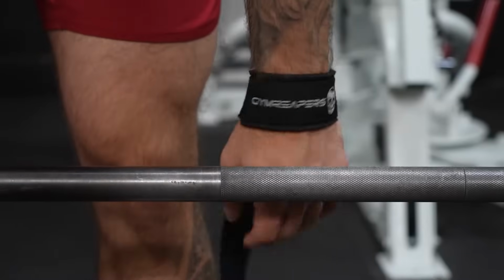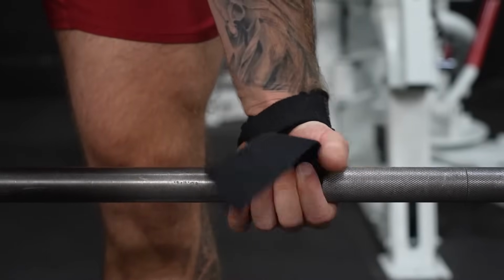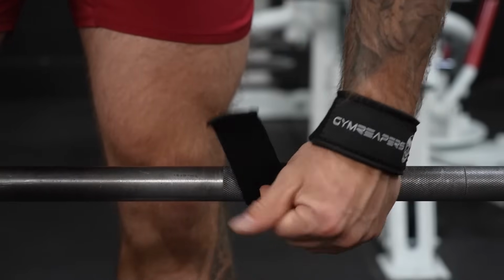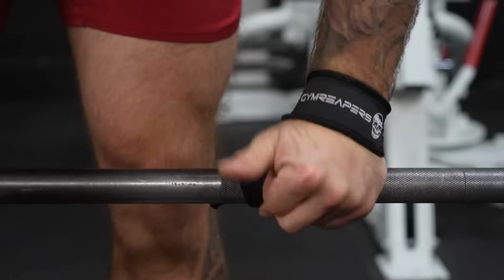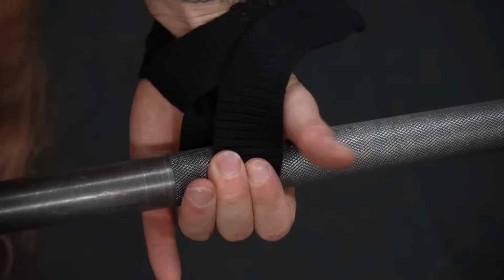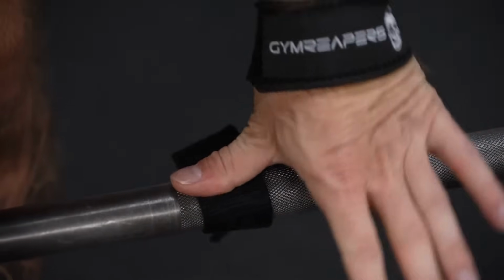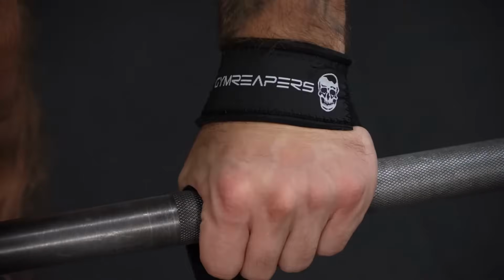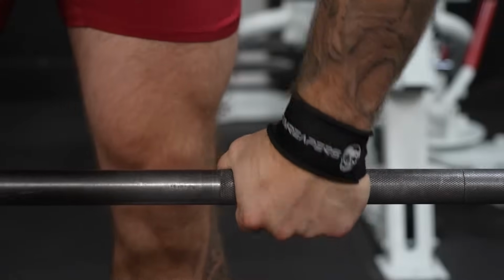As you go to put your other hand to the barbell, you obviously have the other hand strapped in, so you'll use your two fingers to wrap the strap around and keep that strap pulled down with your thumb, and you'll be able to rev the straps just like you would a motorcycle around the barbell to increase the tightness